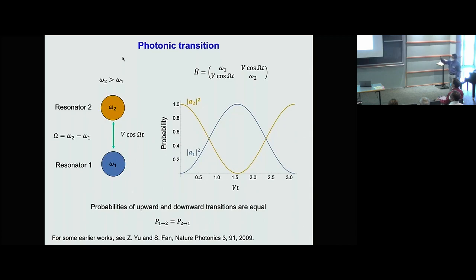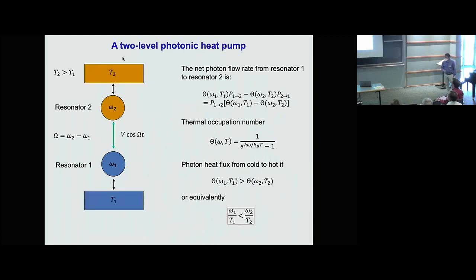So it goes from 1 to 0, and importantly, the probability of upward and downward transitions are equal. So this curve is entirely symmetric on upward and downward transition. This microscopic symmetry in upward and downward transition is what gives rise to the possibility of building a heat pump. And so in order to see that this alone already is enough to give you a heat pump, what you